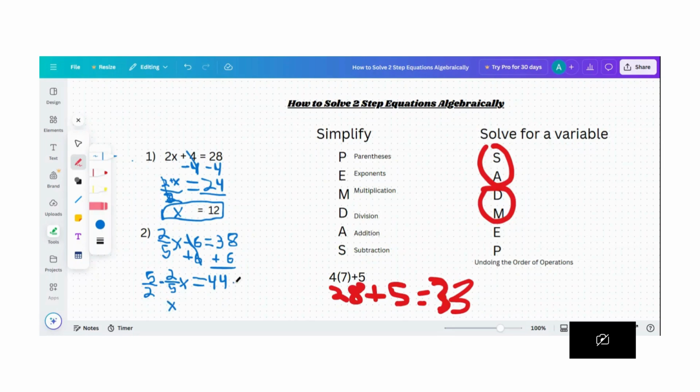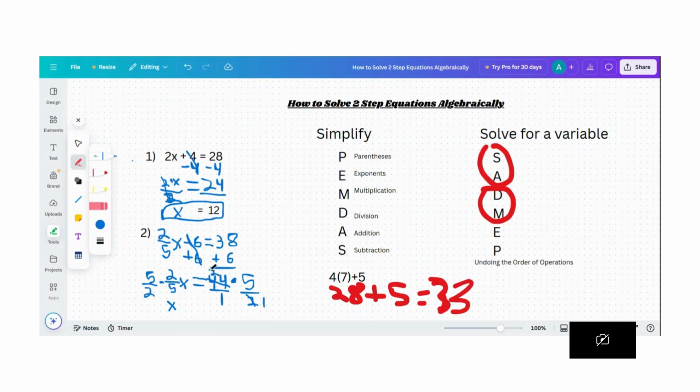We have to multiply 5/2 to the other side too, because obviously what we do to one side is what we also have to do to the other one. We multiply these by 2, so if we multiply this by 2 it would be 1, and then this would be 22 because 44 divided by 2 is 22, and then